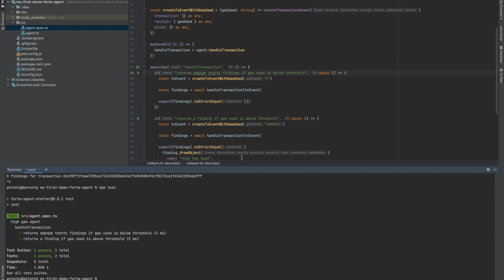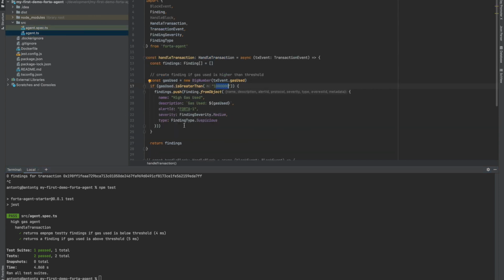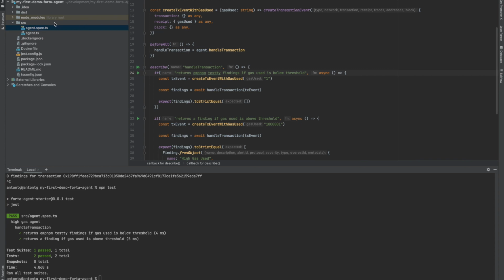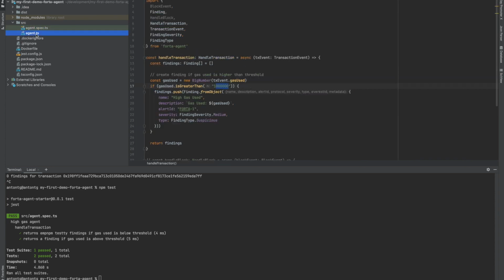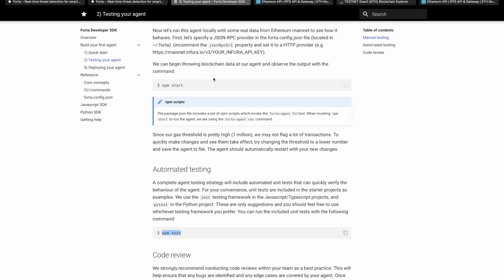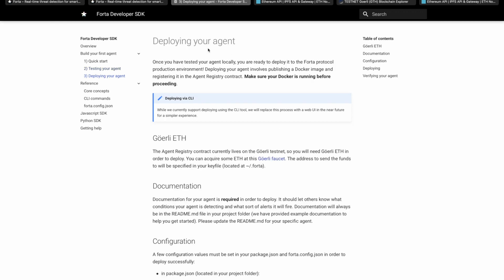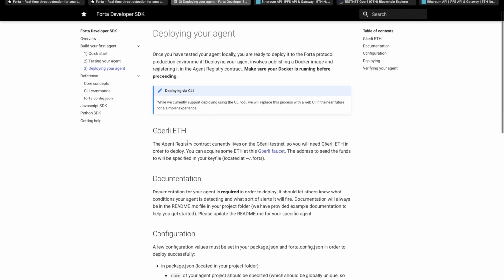Okay, now when we know how to write the code, how to run it manually, how to write the tests, we need to deploy our project. So to deploy our project, we should go to this documentation, deploying your agent. Currently,